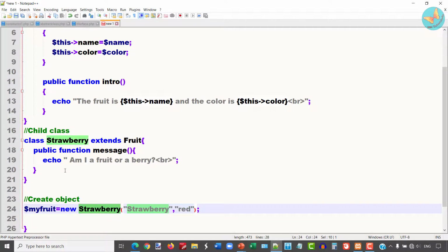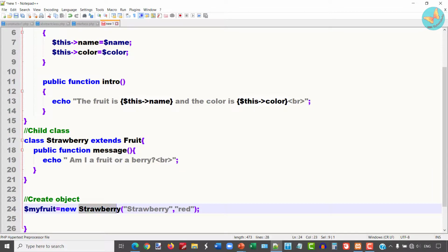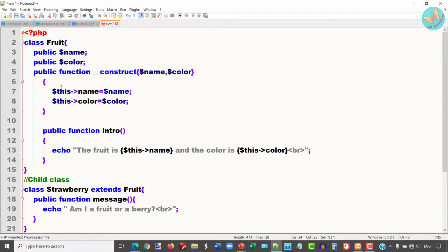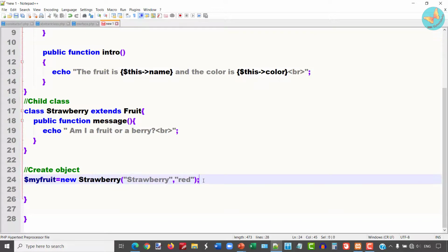Now observe this, the strawberry class does not have any written constructor within the body. But this will execute. Why? Because it has inherited the constructor of its parent class. So here it will initialize the name and color as strawberry and red.